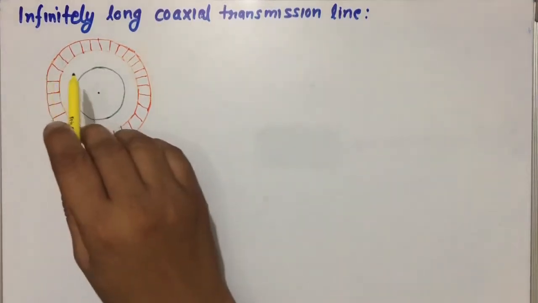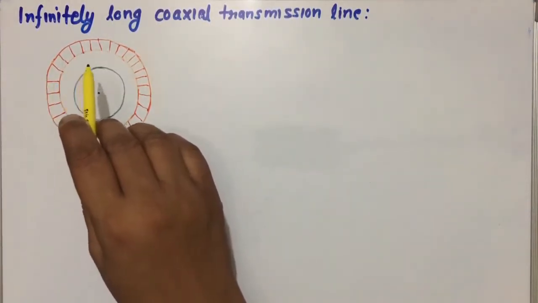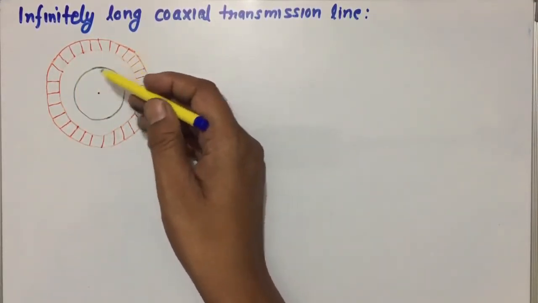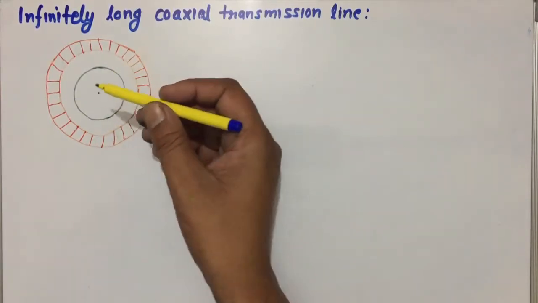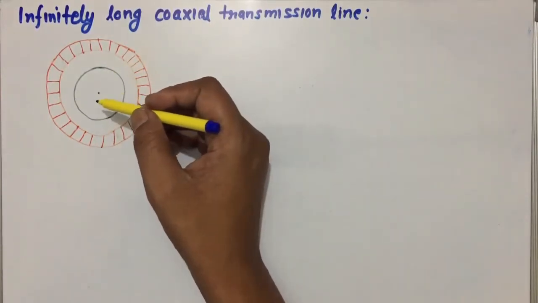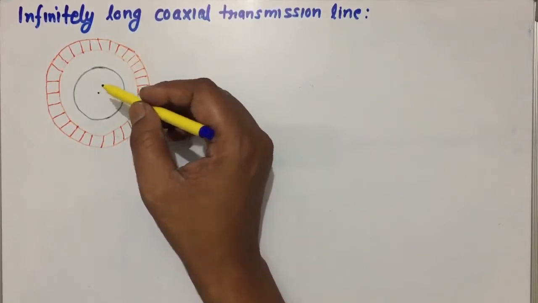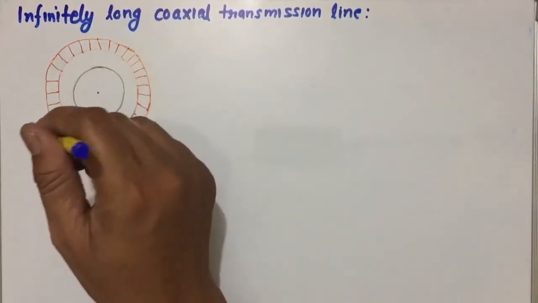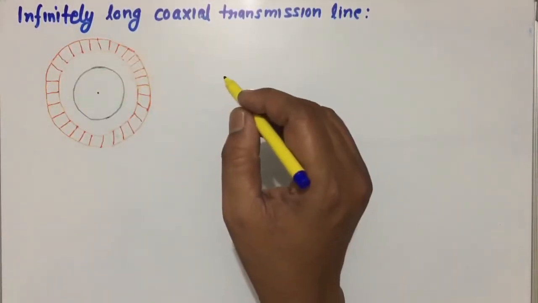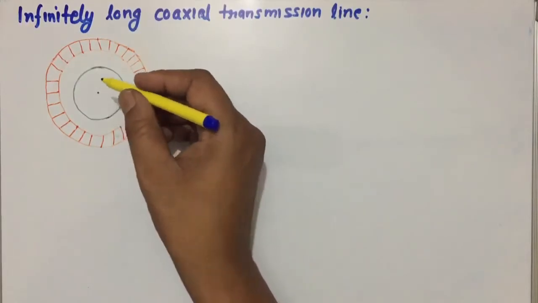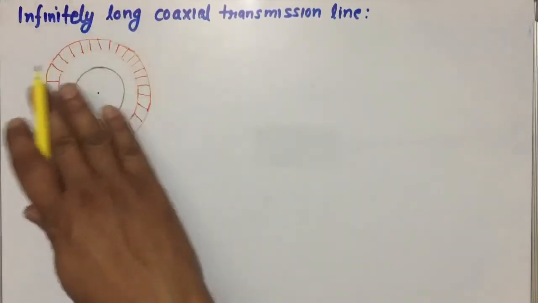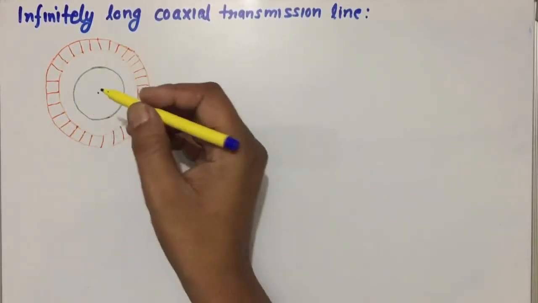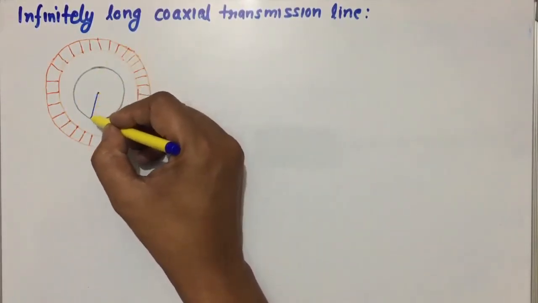Now we will try to find the magnetic field intensity in case of an infinitely long coaxial transmission line. Consider an infinitely long transmission line consisting of two concentric cylinders having their axis along the z axis. This is the surface at the top. The axis is along the z axis, and the cross section of the line is this. In this case, we can consider the inner conductor radius a